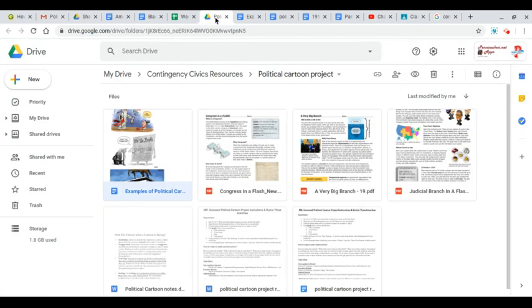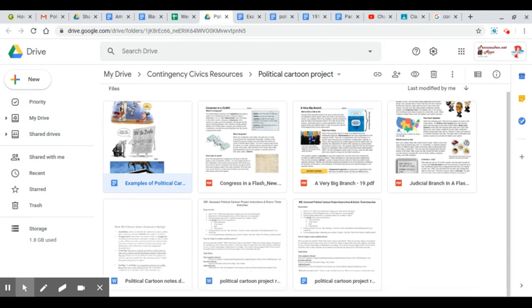But if you pull up this folder in our emergency civics folder, it's going to have a ton of stuff in here. Most of these are reading breakdowns for the three branches of government: Congress, executive, and judicial branch. And in here, you've got your rubric pages for how to be doing it. What you're basically going to be doing